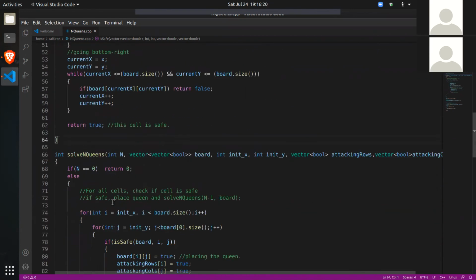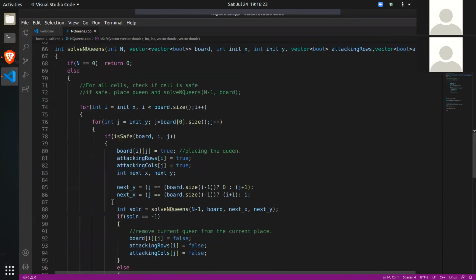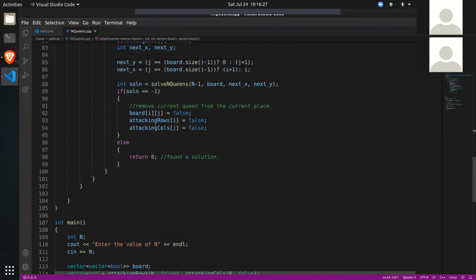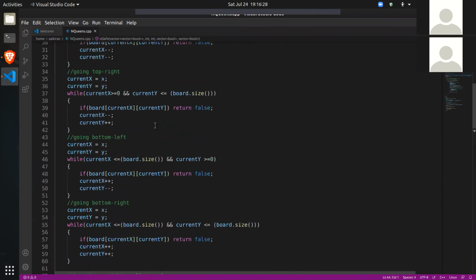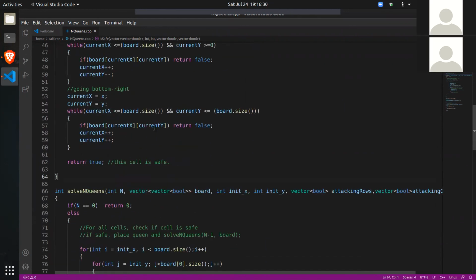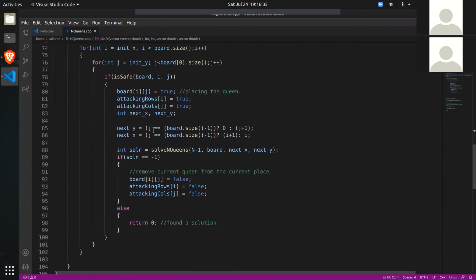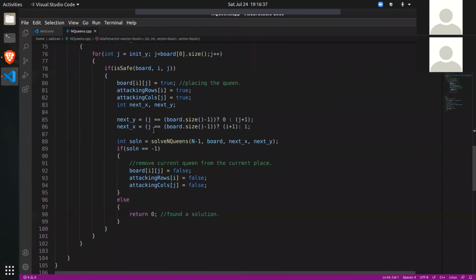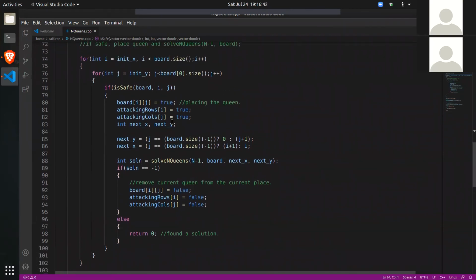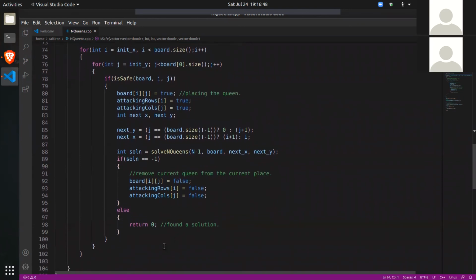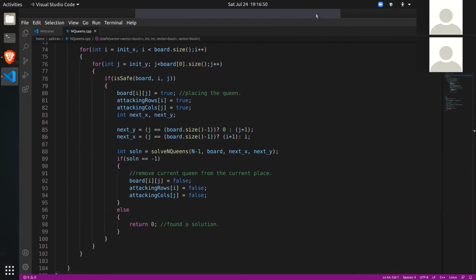And we are 97% done. One more thing is left. Can somebody tell me what is left here? Like isSafe function is completed, but one small thing is left in solveNQueens. What is it? Can somebody tell me? I think you should be able to tell it by looking at this for loop here. We are checking everything, but we found a solution, but there's one case left.